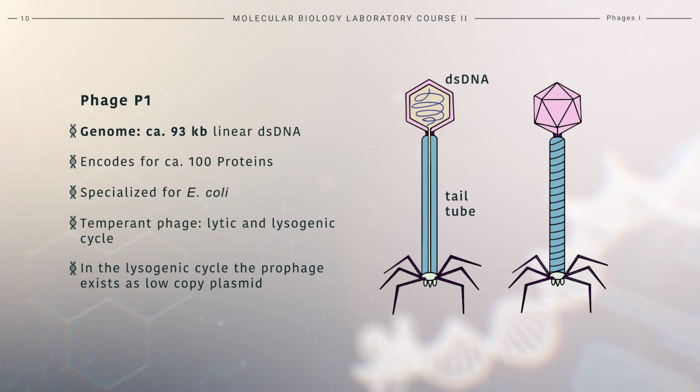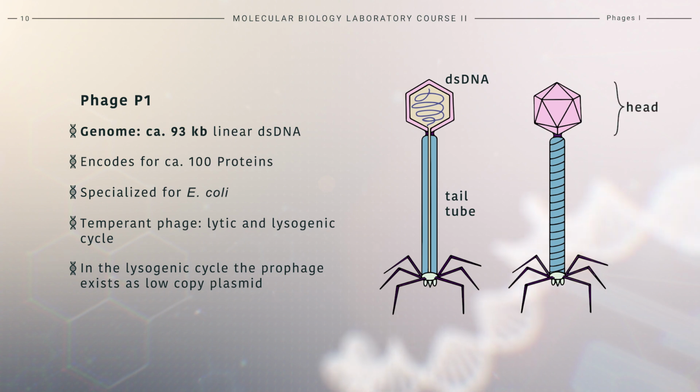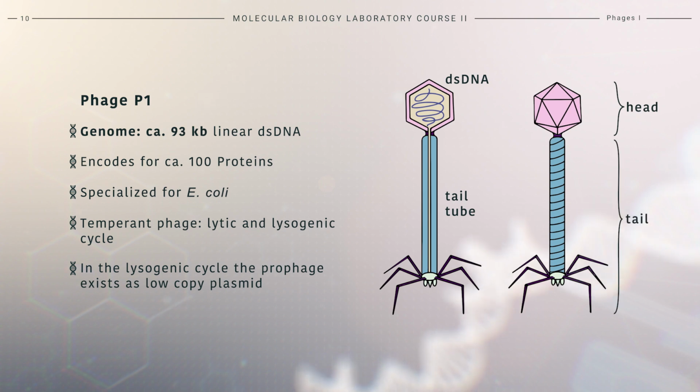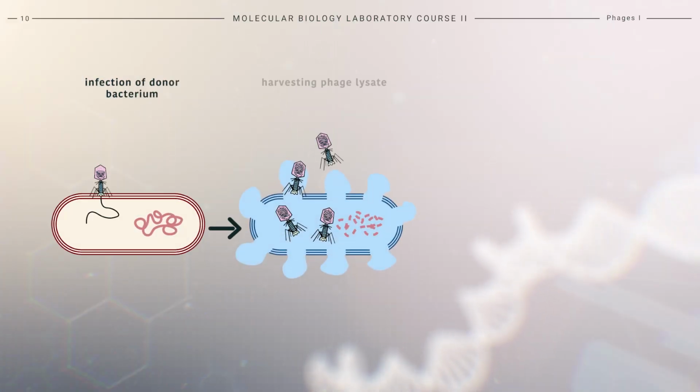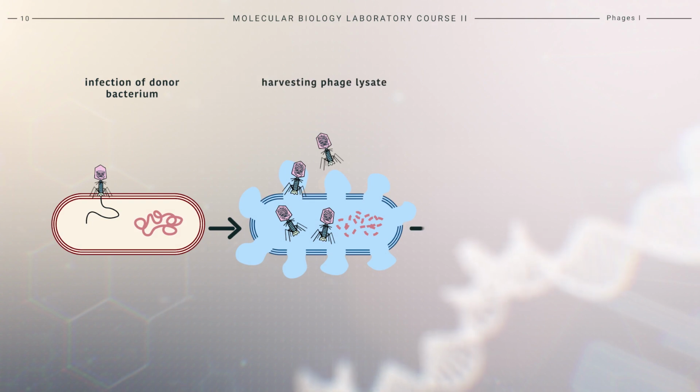The picture shows the structural components of P1, including its icosahedral head, which contains the DNA. Its long tail plays an important role in recognizing and attaching to bacterial hosts. After infection and incorporation of the host DNA, about 0.1% of all phage particles will carry fragments of the host DNA. The P1 phage can also carry 2 or more genetic markers within the same transducing particle.